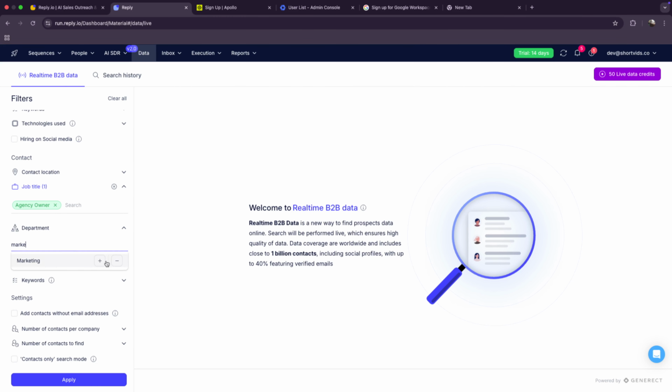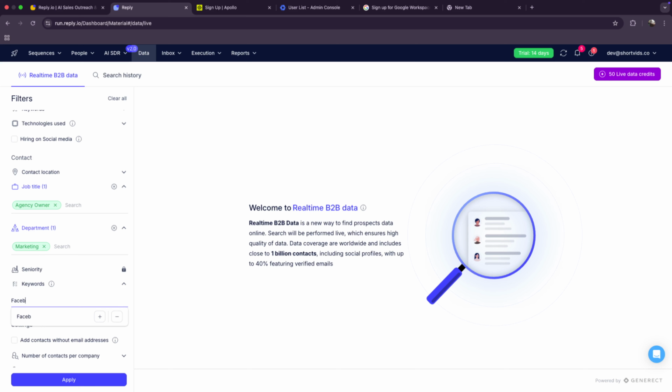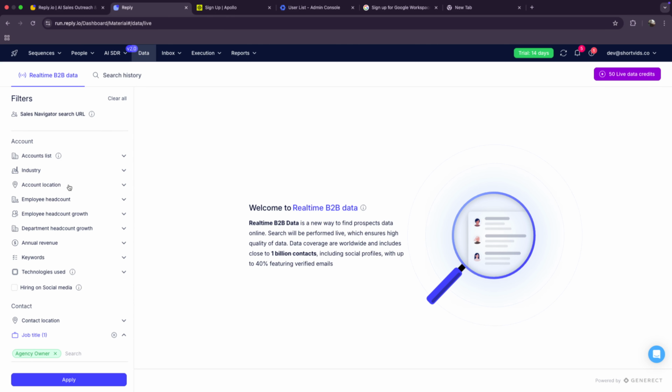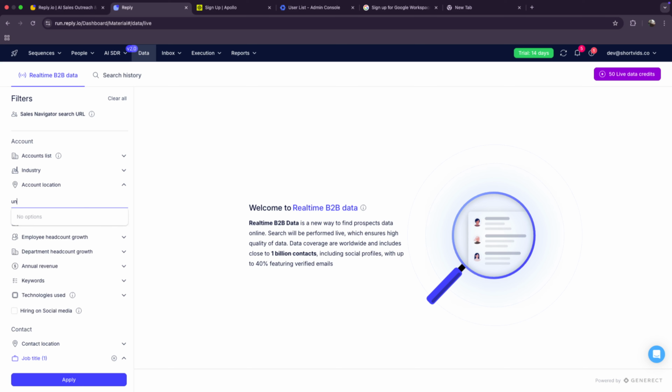They are in the marketing department, and they have been recently using keywords like Facebook ads, Google ads, or performance marketing. Again, the data would come exactly from reply.io, so we don't need a new thing.